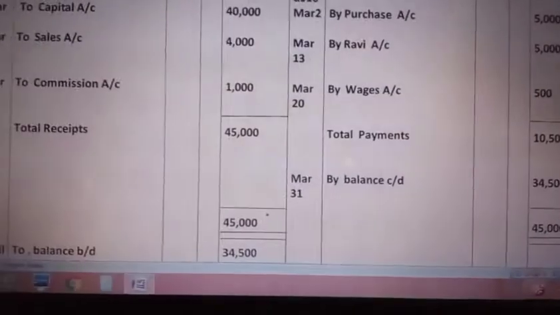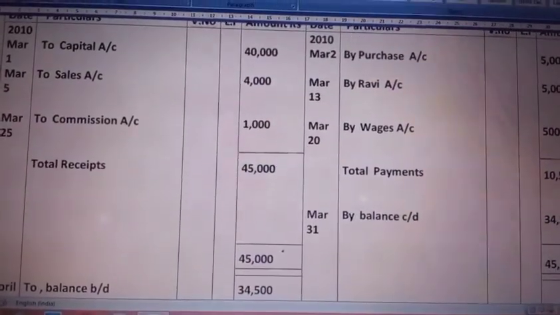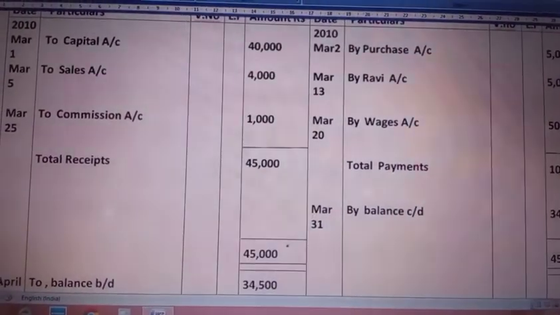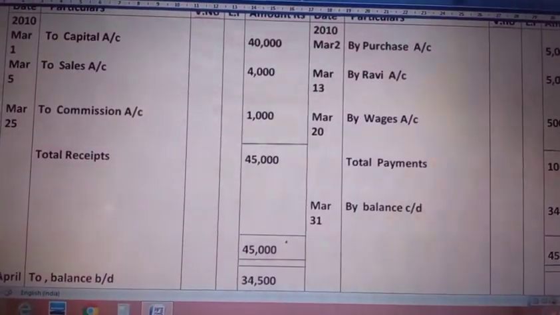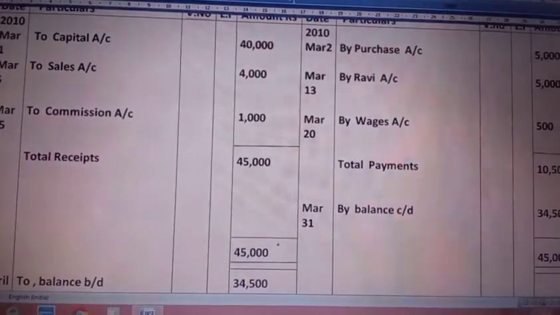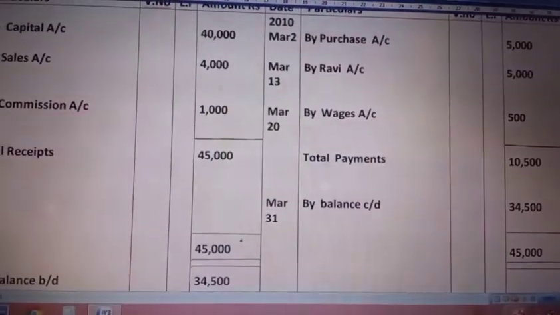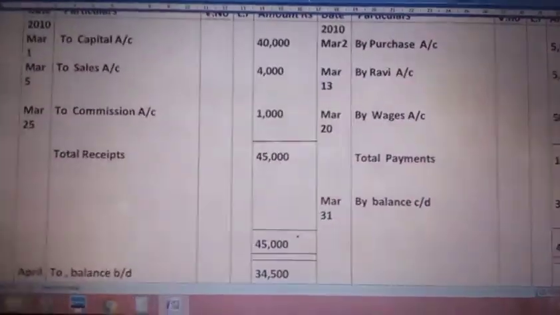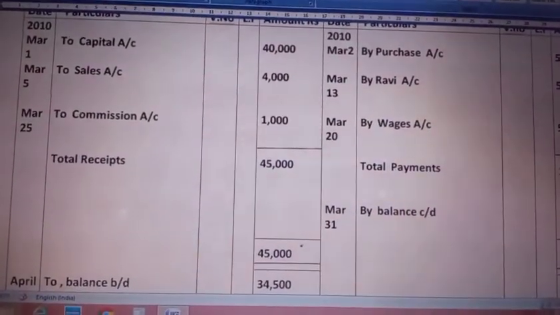Now always remember cash book will be showing a debit balance. Okay, that means the debit side will be always higher than the credit side. Why? Because a business cannot pay more cash than it receives. Like if it has 45,000, then only they can spend rupees 10,500, as in our case it has happened. So always remember that the debit side of cash has to be more than the payments we are making. So always cash book will be showing you a debit balance.